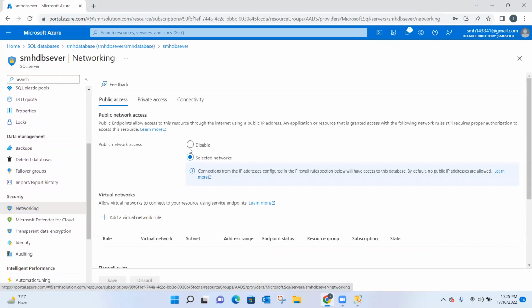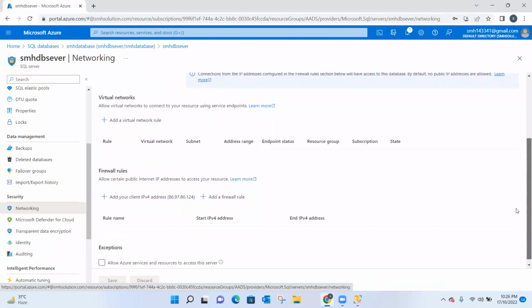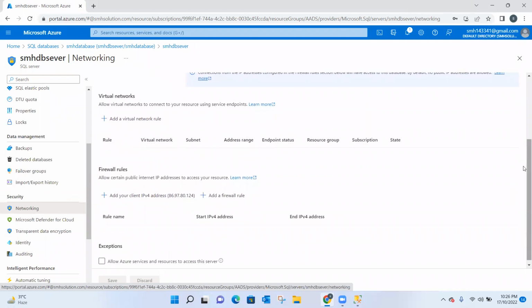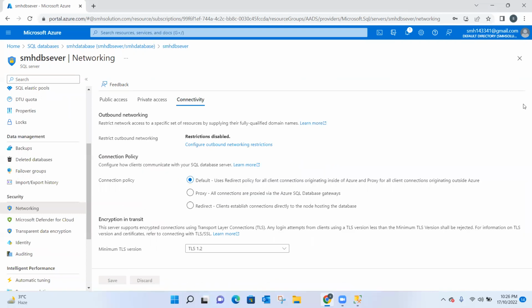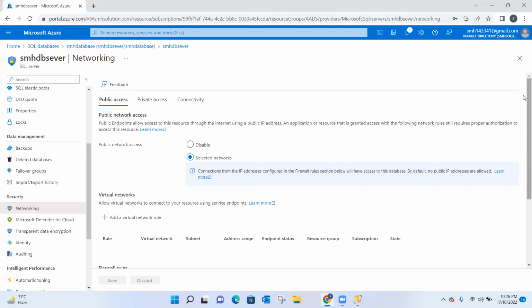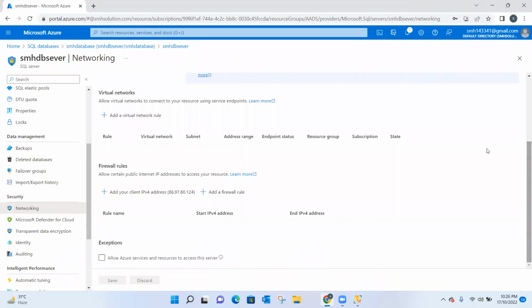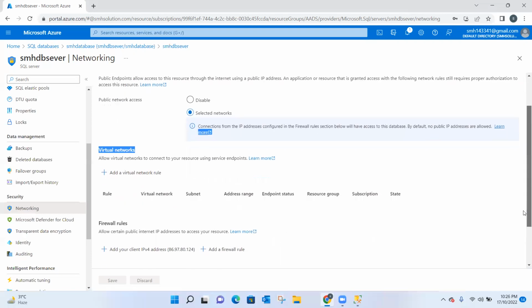Then the first thing you have to do is provide the access. One second. Where is the connectivity? Yeah, connectivity is okay. Public access. Here, I will show you from the networking area, from the public access area. You have to come to this section,